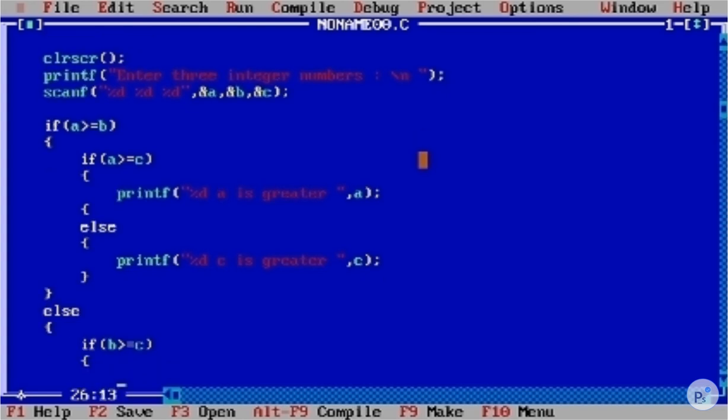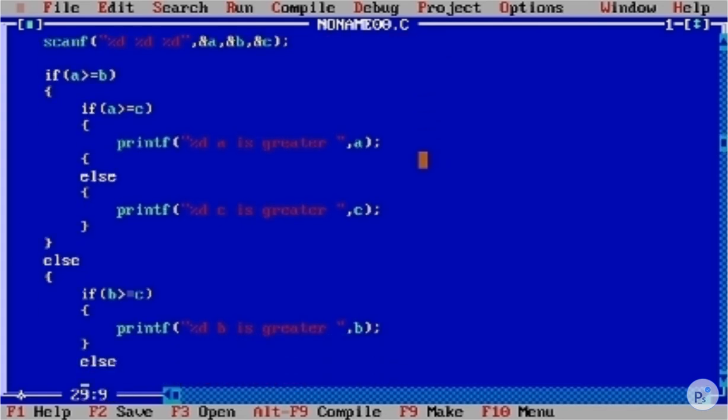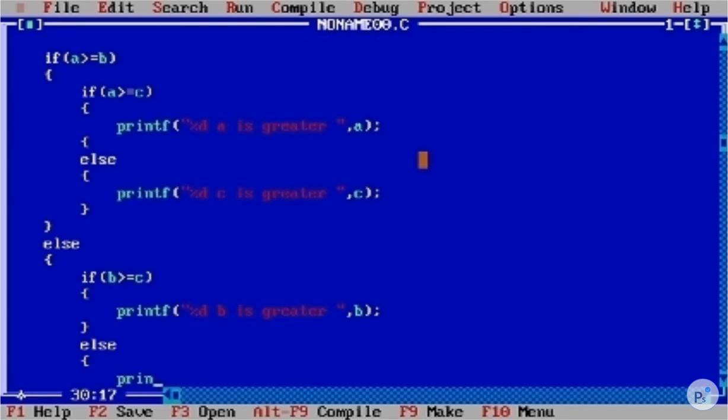If variable b is greater, then simply print it out: %d, b is greater. Else, which variable will be greater? Variable c. Okay, c is greater.